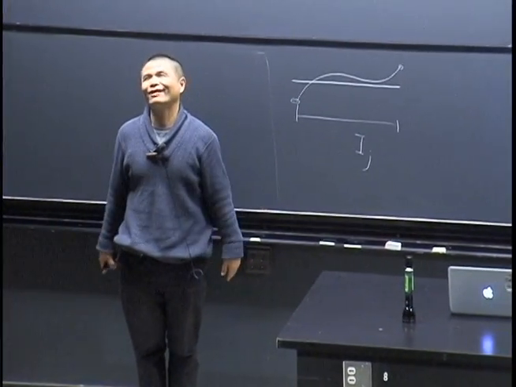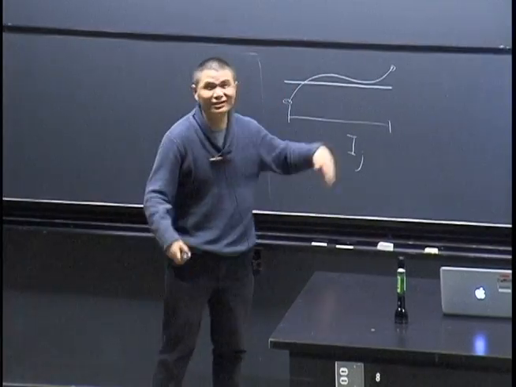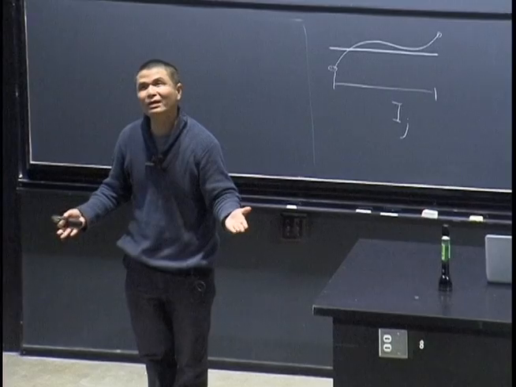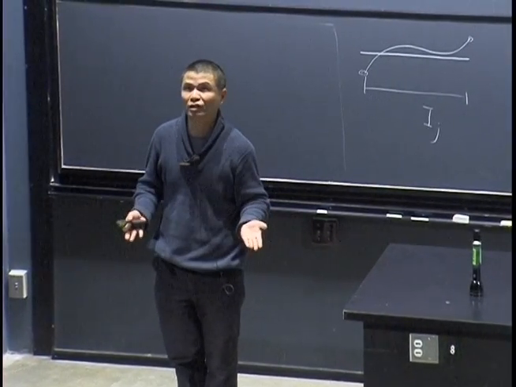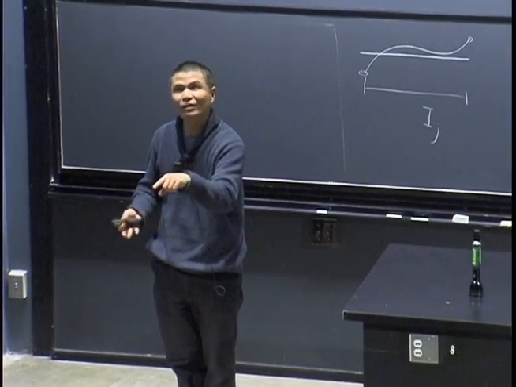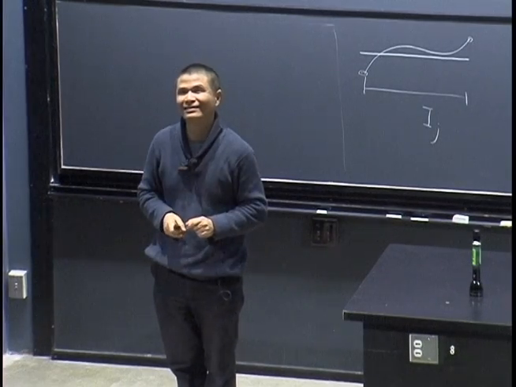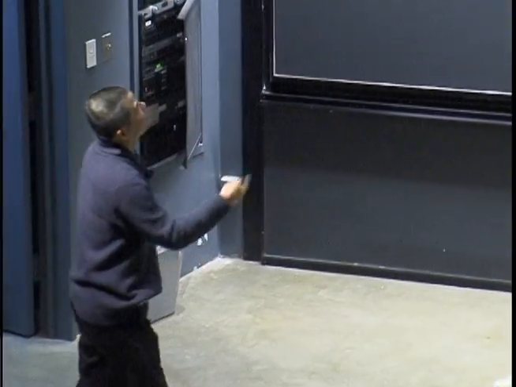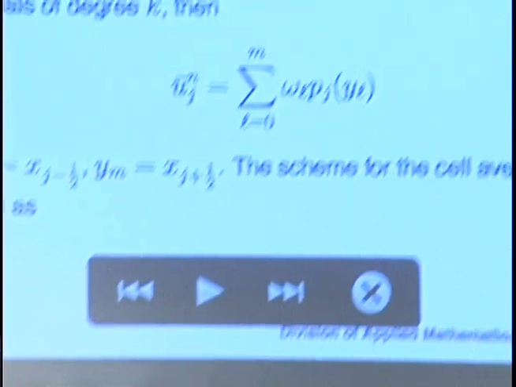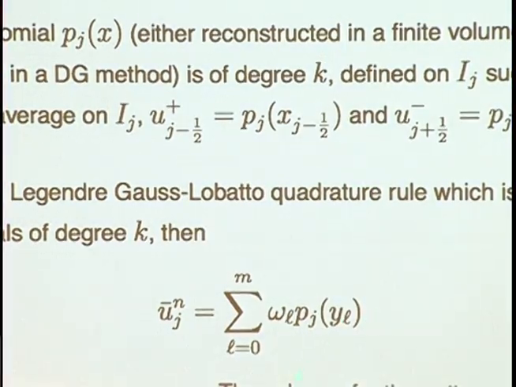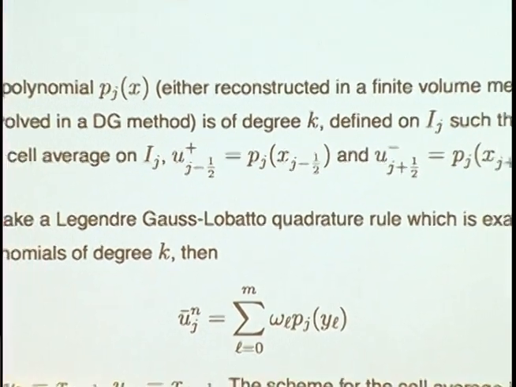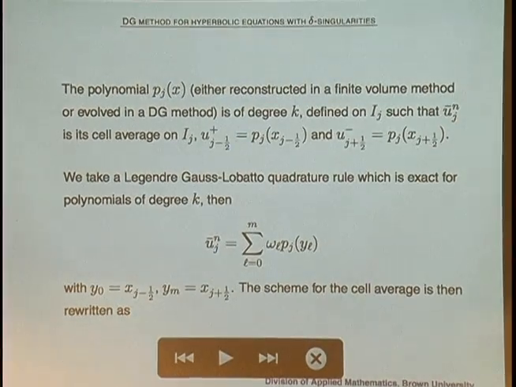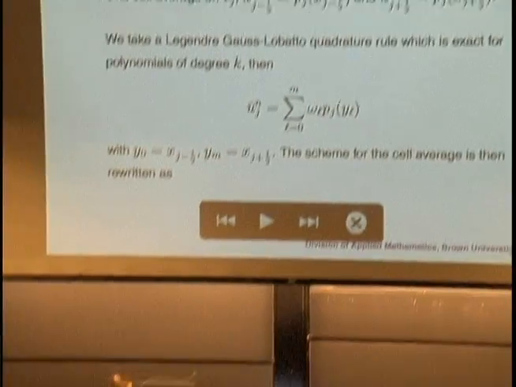Well, that's easy, because the cell average is just an integral. It's an integration of a polynomial. An integration of a polynomial can be written exactly as a quadrature, as a summation of the polynomial at certain points times weights. Is that right? This is what you learn from elementary numerical analysis. So this is what you do. You just use this quadrature. It's called Gauss-Lobatto quadrature, which means you pick some points, including the boundary, and maybe some middle point, 1/√3